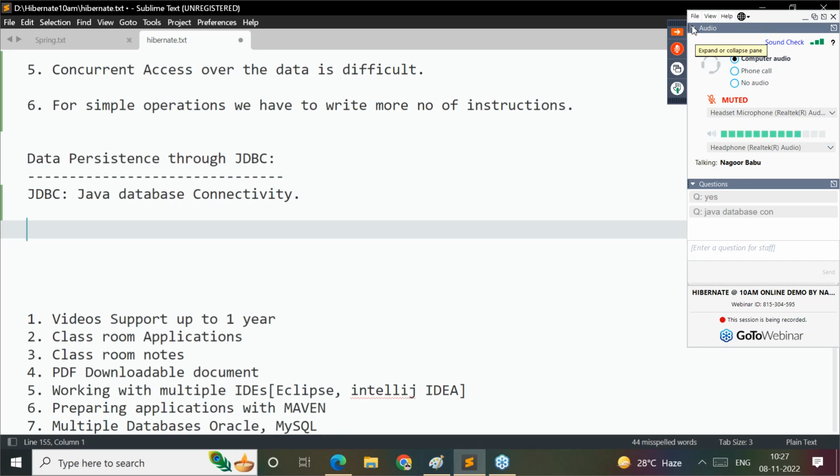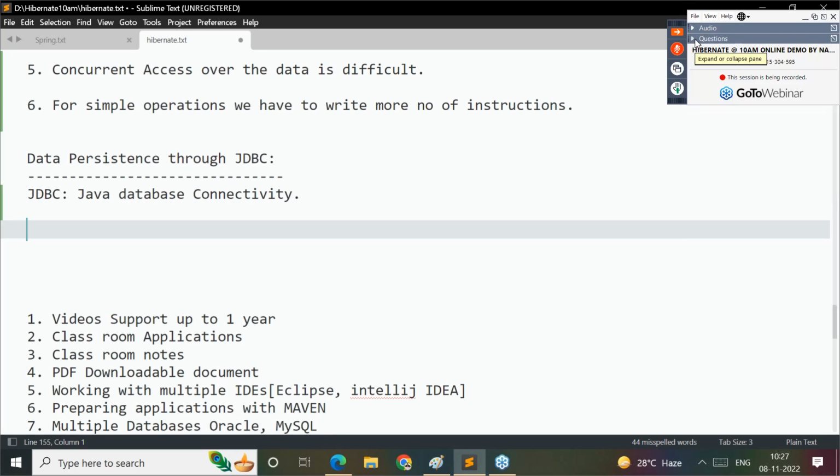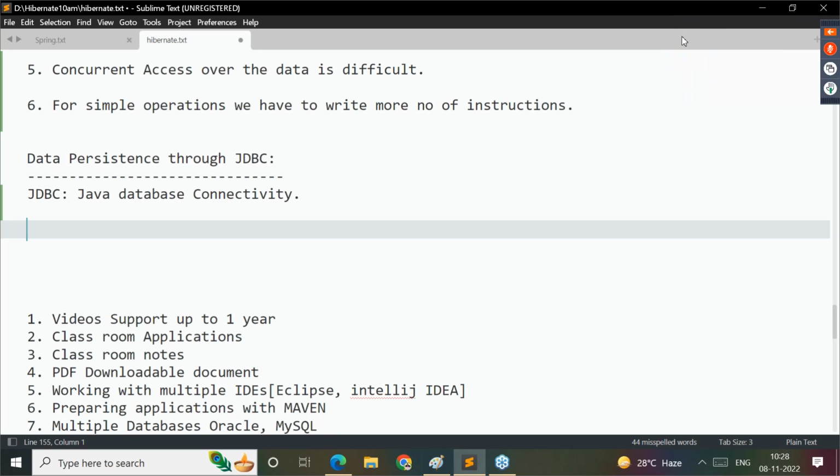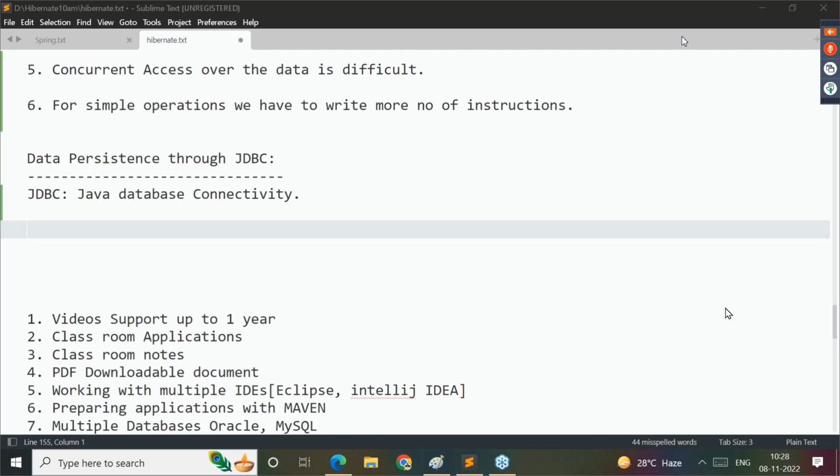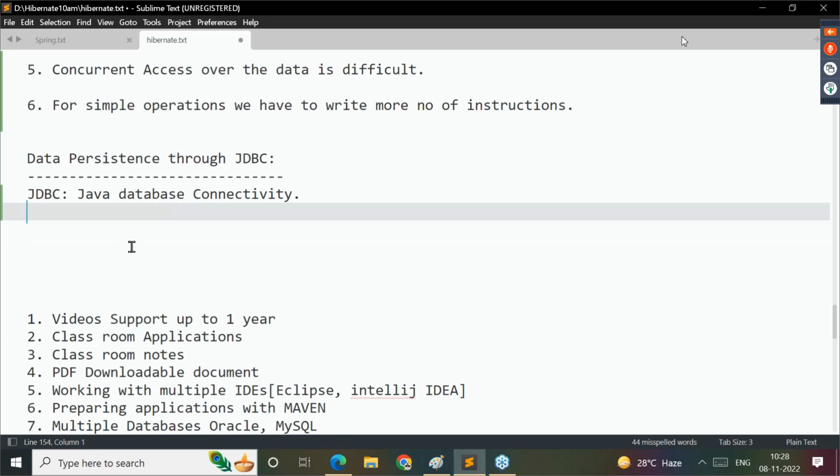How are we able to achieve data persistence in JDBC? How is it possible? If you want to prepare a JDBC application, first we have to see some steps. What exactly are the steps we are going to use to prepare JDBC applications? Now I'll give some clarity. Now JDBC definitions and all are not required here, but we have so many concepts here. The JDBC definition, if you think about it,